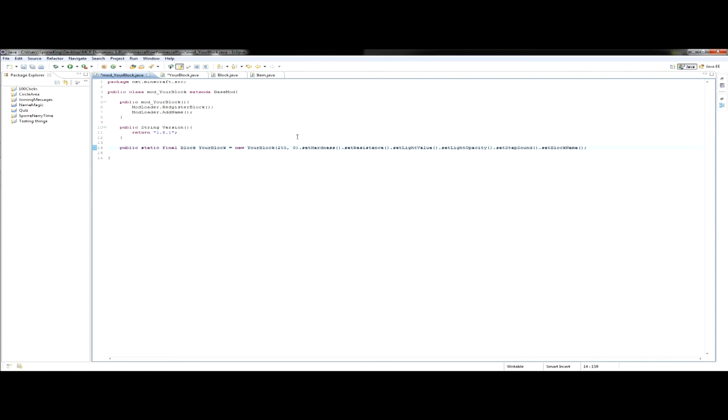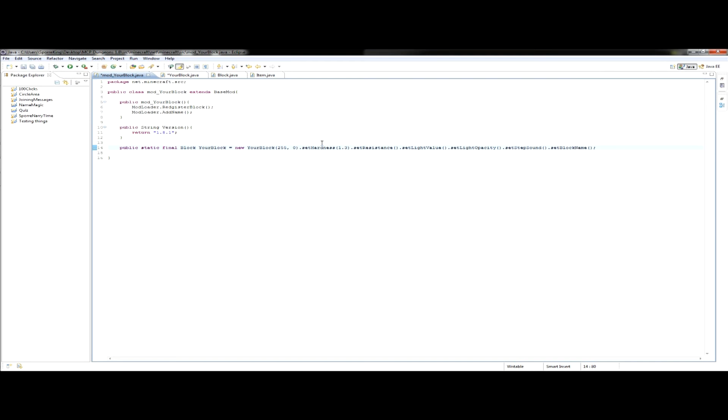Okay, so this one, set hardness, just adds how easy you want the block to be to break. I mean, TNT has 0.0, and Obsidian, I think, has something like 6 point something. So this is how hard you want the block to be to break. If you delete this line, then it will be 0, I think. But I'm going to use 1.3,